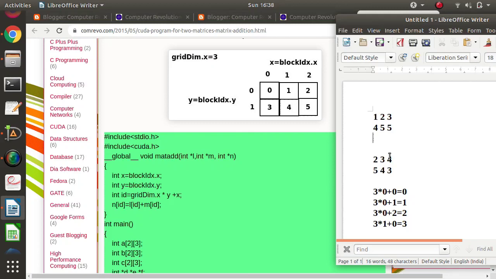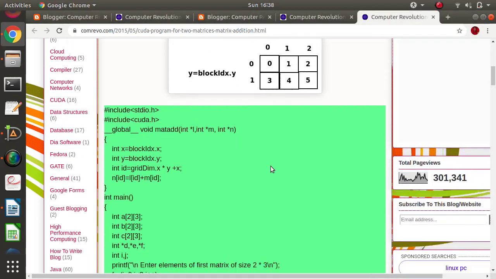We have to arrange them in a two-dimensional structure. Okay, so here this is one block, another block, third block, and in each block there is one thread. Now we can take one block, and in that one block we can create two-dimensional threads. So we'll see in the next example. In the same way,